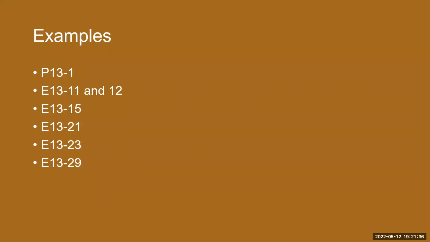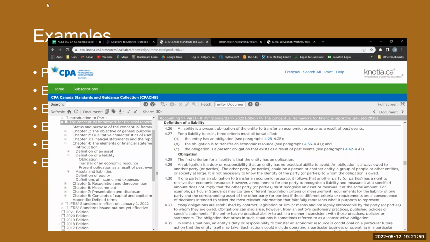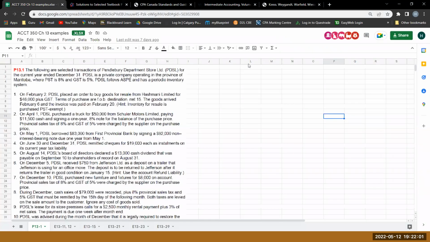I'm going to try to get through as many of these examples. I might have to prioritize. It's 7:21, and what I would propose is maybe it wouldn't be a bad idea to take a short break at this point, maybe 10 minutes or so, that you can just get a bit of a stretch break and come back. And what I'm going to do is I have this file,